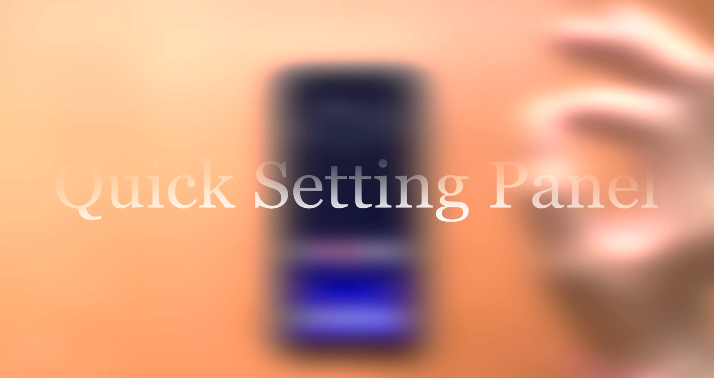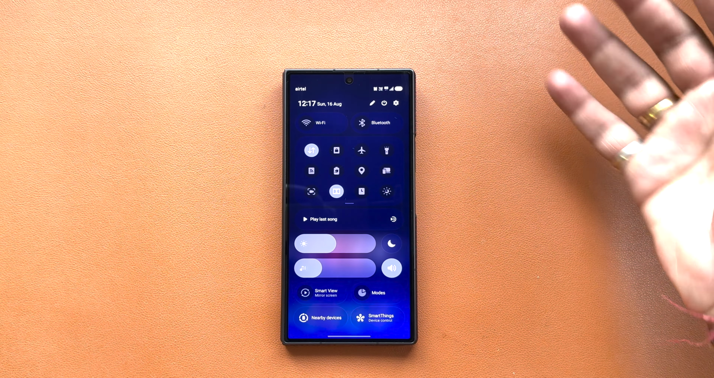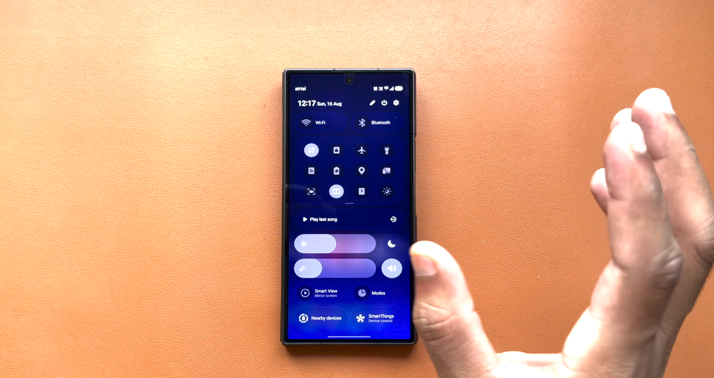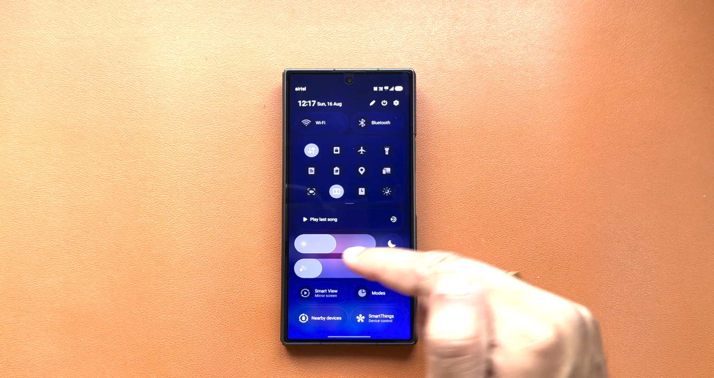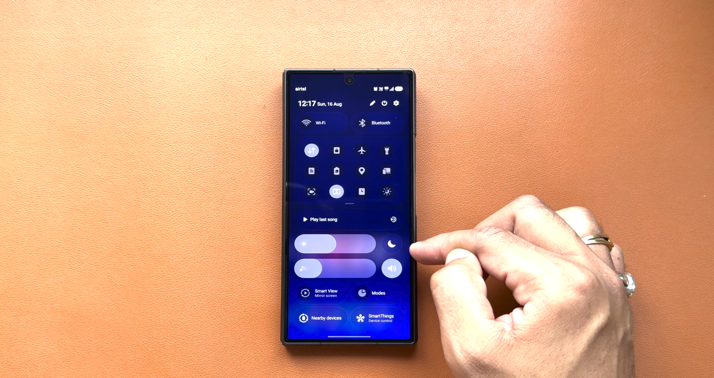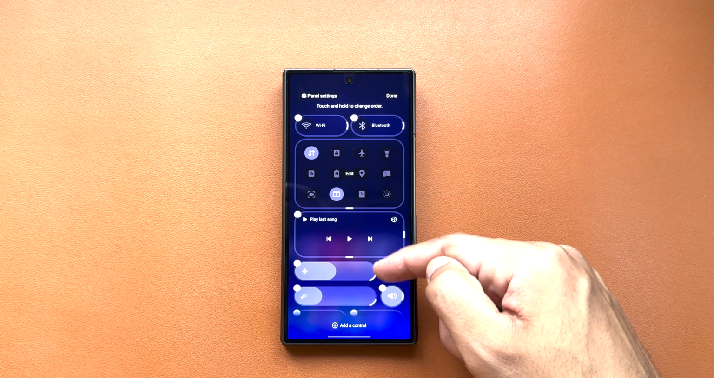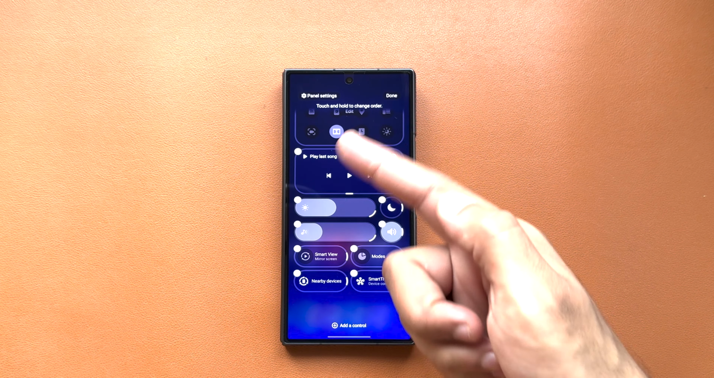The number one change that I've seen is in the control panel. As you can see, the layout has been changed a little bit. The brightness and volume sliders are now bigger, which is easier to access, very easy to move them, right? And the dark mode and the volume buttons are now separate. So when you click on the edit button, as you can see, there are a lot more resizable options to each and every